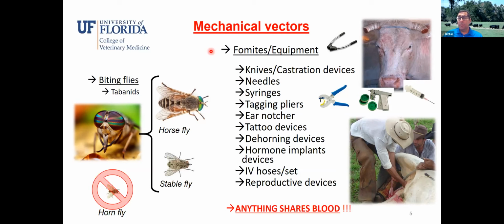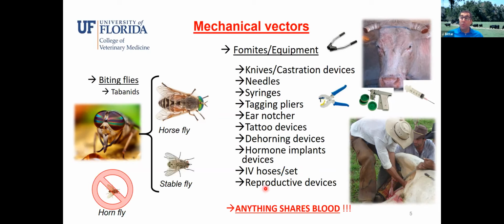And the other series of mechanical vectors that are very important, very common for us and for the producers, are the fomites and equipment. Any equipment that we use that shares blood is able to transmit anaplasmosis. So you can see here this cow was dehorned. There's blood there. If you're castrating a bull and they are not disinfecting the castration knives, or if they're sharing needles, syringes, tagging pliers, ear notchers, tattoo devices, the dehorning device, as we said, hormone implant devices, IV hoses or IV sets if they are treating animals intravenously and they share those hoses or IV sets without proper disinfection, you can transmit